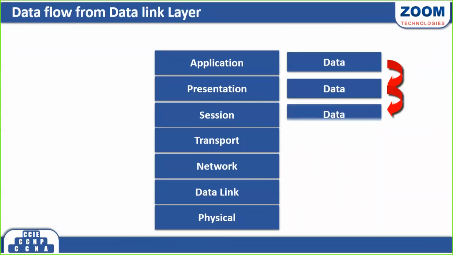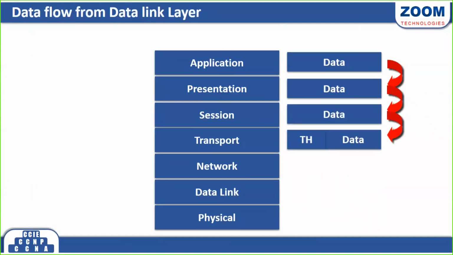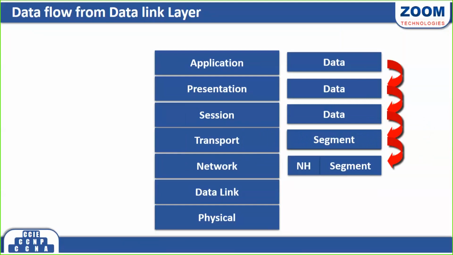Application to presentation, presentation to session. Transport adds the transport header, which contains source and destination port numbers. So transport header plus data, we call a segment, and the segment flows to the next layer, the network layer. The network layer has two protocols, routing and routed, and it adds network headers which contain source and destination IP addresses. So network header plus segment, we call a packet, and the packet goes to the next layer,